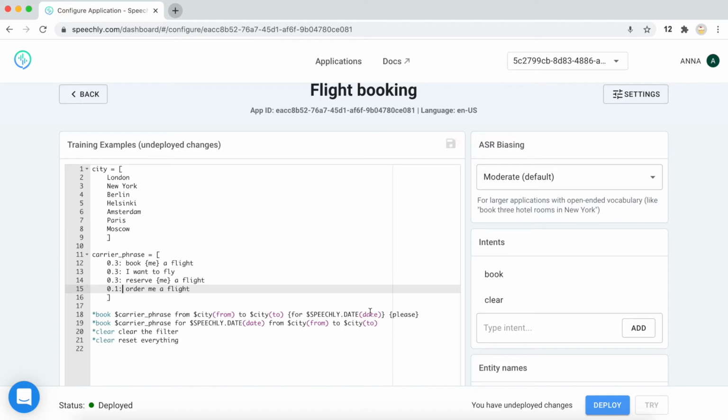But in this case, you should keep in mind that if you don't define the weights for all the items, each item by default equals to 1. So if you define something like this, this phrase will be less frequent than the others because the others